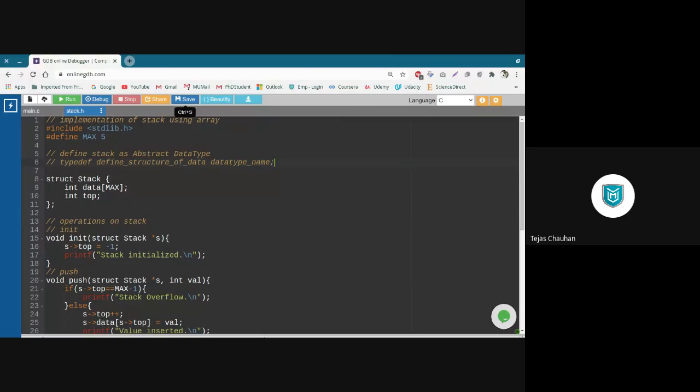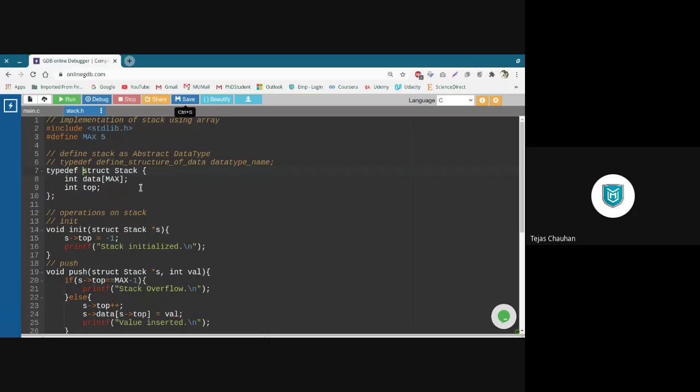Now this is the syntax of the typedef statement. So what is the first thing? First thing is typedef, a keyword, then space, then you define your structure of data. We have that structure here. So with one space, I'm going to define my structure here. This entire thing is the structure. After defining a structure, one space and the new data type name.